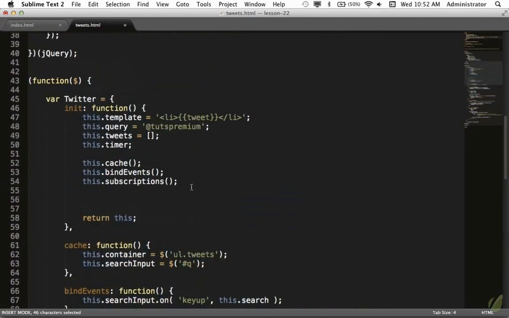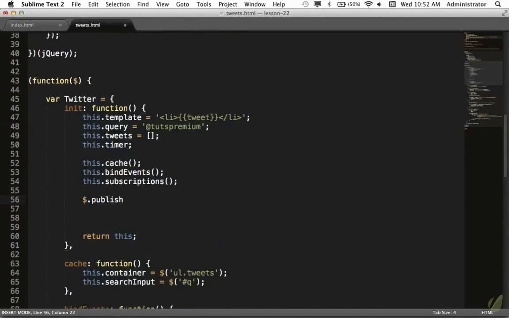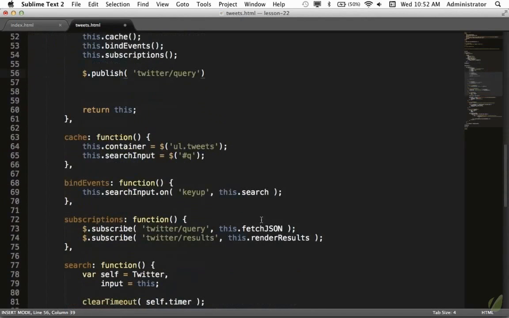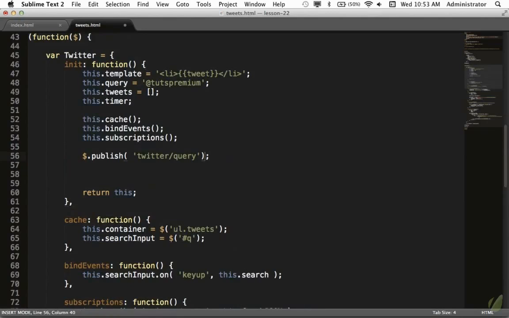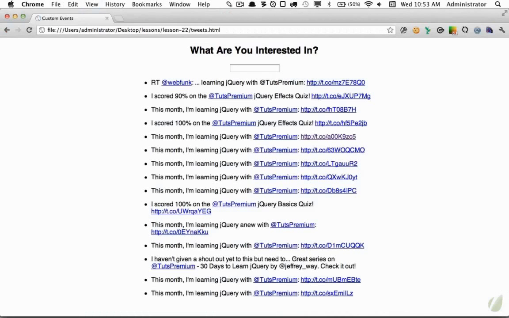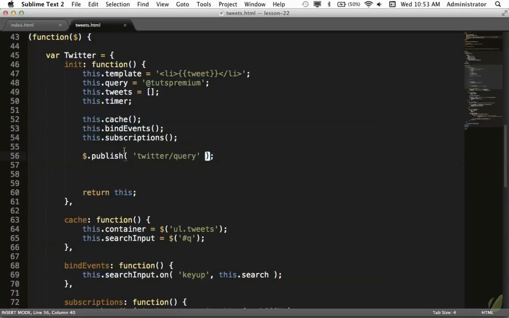So why don't we do this right here? We have set a property called query, and that is most of the time going to be equal to what the user types in. But we're going to set a default value. And then I'm going to publish an announcement, and we're going to publish Twitter/query. We have a query available, so anyone that's listening for a new query can do whatever it is they need to do. And we know that when a query is available, we are using the fetch.json method to query the Twitter API. So let's try that out. Reload the page, and as easy as that,